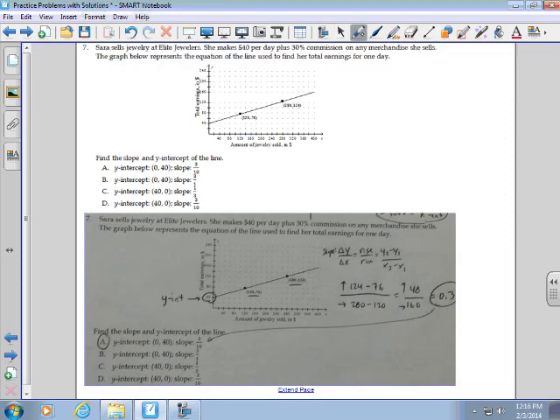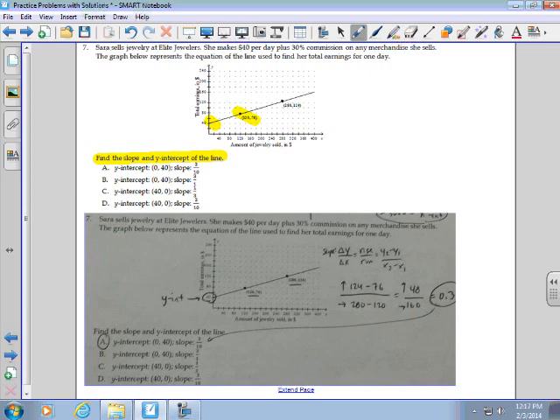In this particular problem, again, read the question. It says to find the slope and y-intercept. So I immediately look at the graph, and in order to find the y-intercept, you can just see where it crosses the y-axis, which is 40. So if you see where the line crosses, that's your y-intercept. Now the slope, you need to identify 2 points. I picked the points